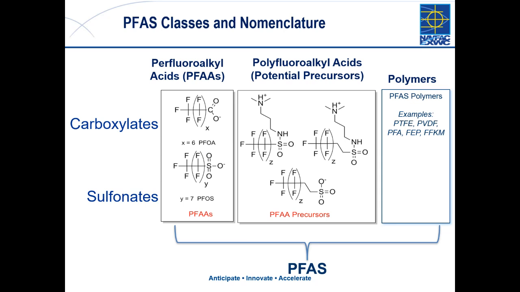Another thing that's interesting is that there are some different charges on some of these precursors. So the compounds in the left box tend to be anionic. There are some in that middle box that are anionic precursors, but some are cationic and some are zwitterionic and have some negative and positive charges, and that can really impact how the contaminants partition, especially in soil.